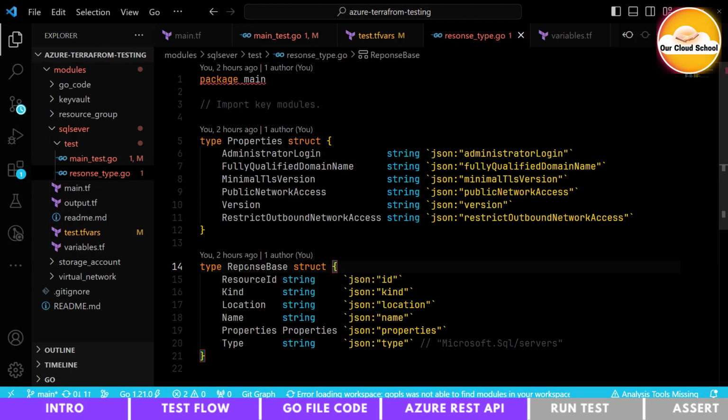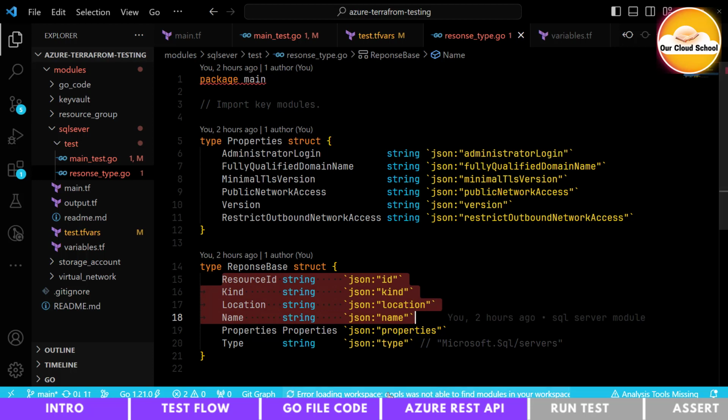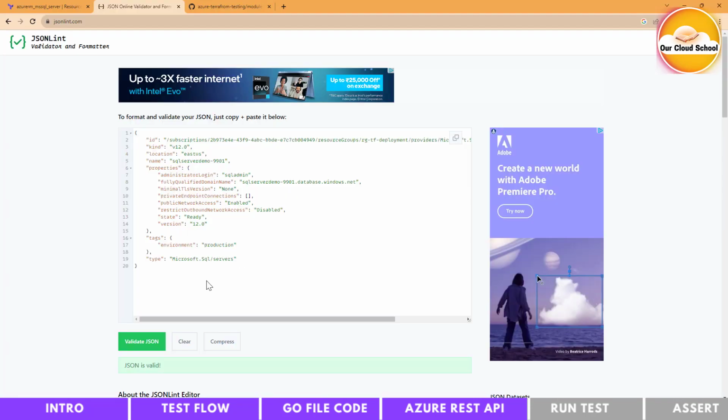my response type. So response type is response based, and I have defined the same thing. Resource ID, in the JSON the name it's going to be ID with a small i, small d. Kind, it's going to be small starting from kind, and which data type is obviously going to be string. This way I've defined the structure by looking at the JSON which is being returned, and I've typecasted this JSON